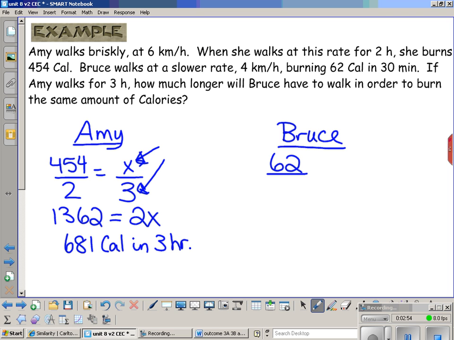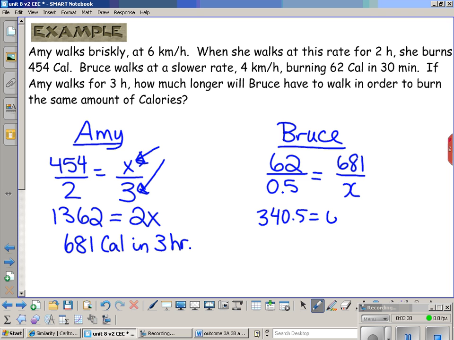Now, what we have to do is we either have to consider this in minutes or hours. So it's up to you on which you wish to use. So if we change that to 0.5 hours, what we want to now determine is how long is it going to take in hours, because we changed it to hours, for him to burn 681 calories. So now we can do a cross multiplication. 681 times 0.5 is